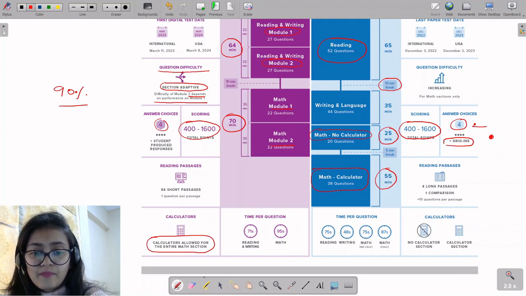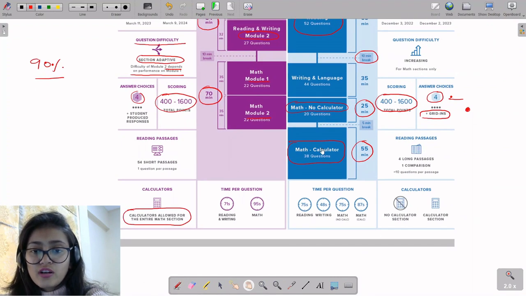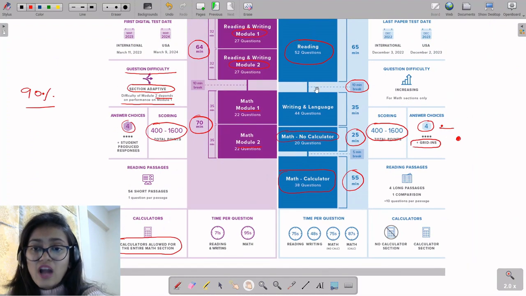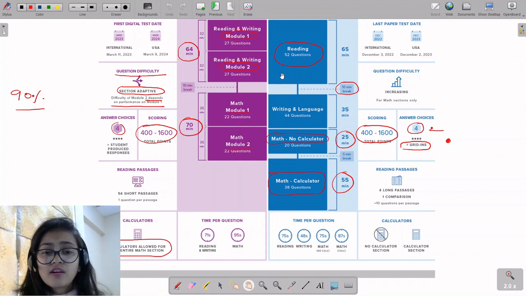Now next, in the paper version, after your 10 minutes break, you used to do the writing and language section for the next 35 minutes. And after that, you used to do the math section without calculator for 25 minutes. But in the digital version, you're just going to do math Module 1 and math Module 2. And that's it. Now, there are a couple of interesting trivia about the difference between the paper version and the